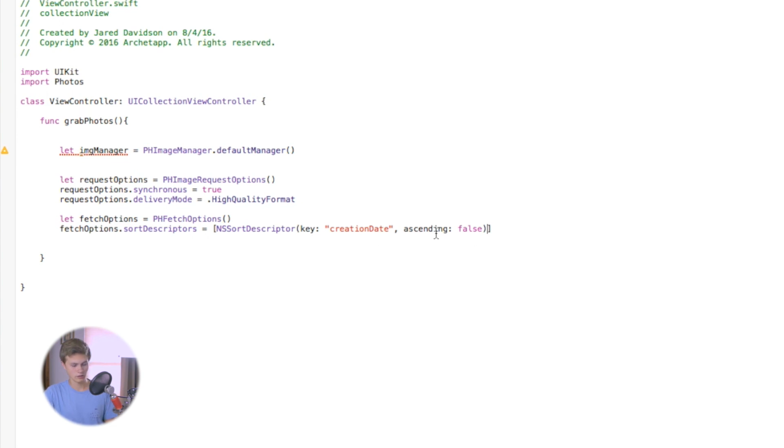So if you wanted to have another way to sort things, you could say comma and then NSSortDescriptor and sort it another way as well. So just keep that in mind. And now that we have these options and the request options and the image manager, let's go ahead and